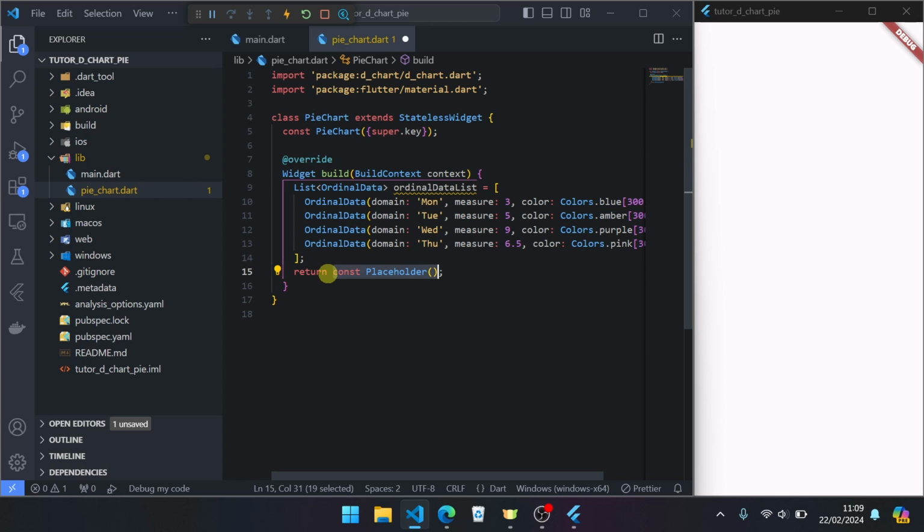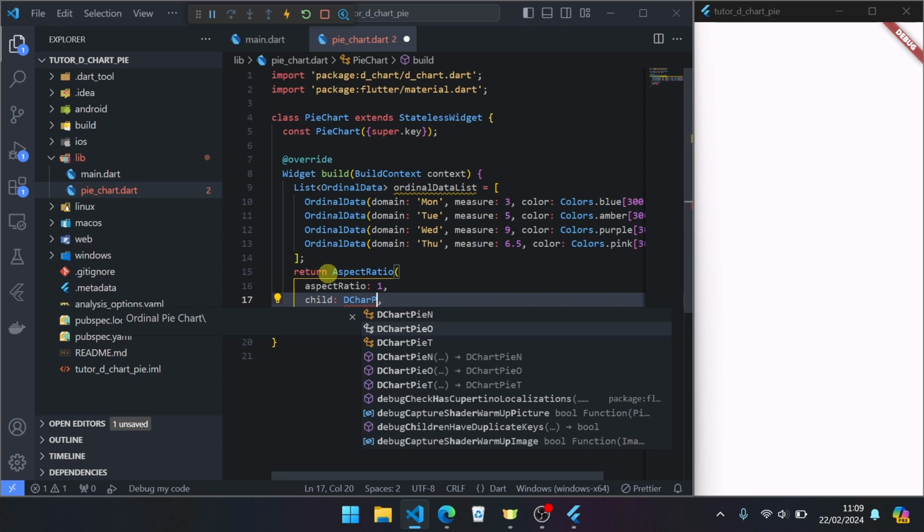To use the chart, we have to use a widget wrapper like AspectRatio, Container, Row, or SizedBox. The pie chart by ordinal.